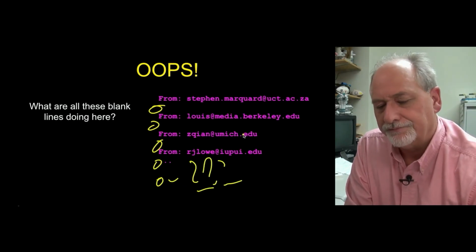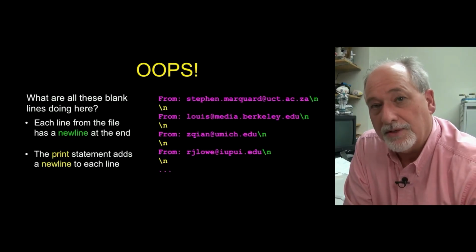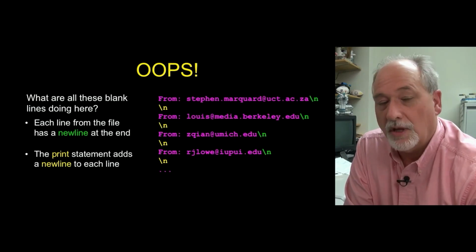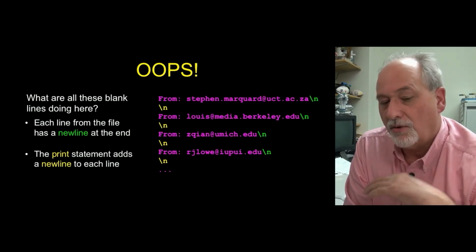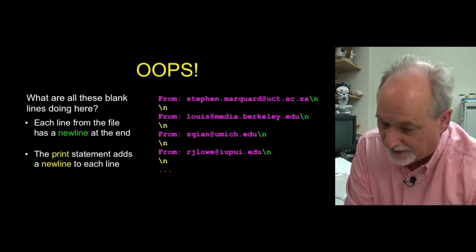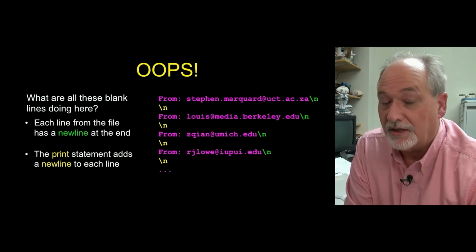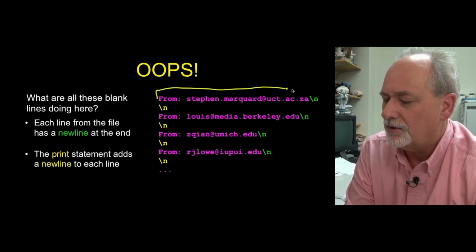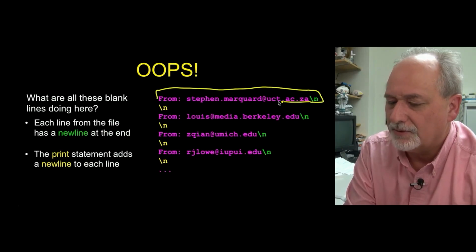So let's take a quick look. The problem is new lines. I mentioned that the file has new lines in them. And so when you do the for loop, it doesn't throw the new lines away. As you might expect, it would be kind of nice if it did, but it doesn't. When you read, it reads that first line up to and including the new line and gives you that back as the variable.